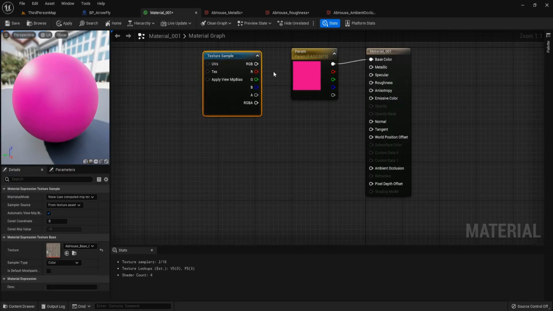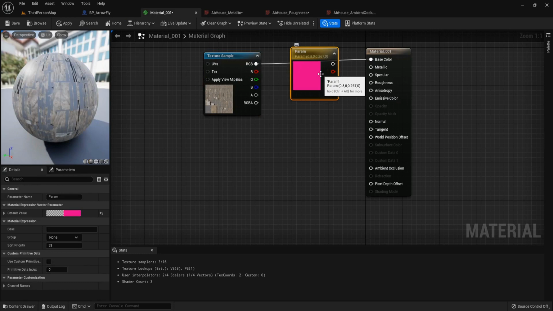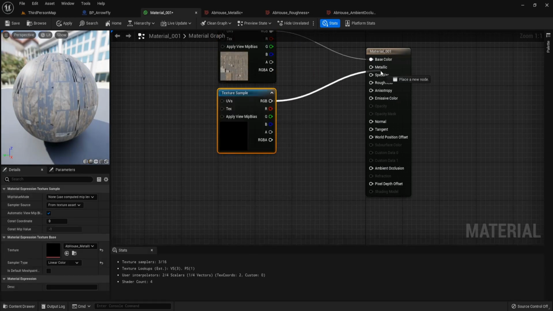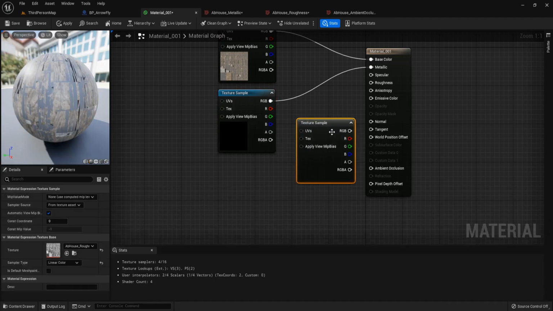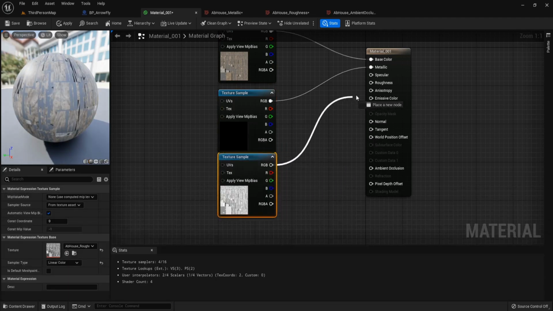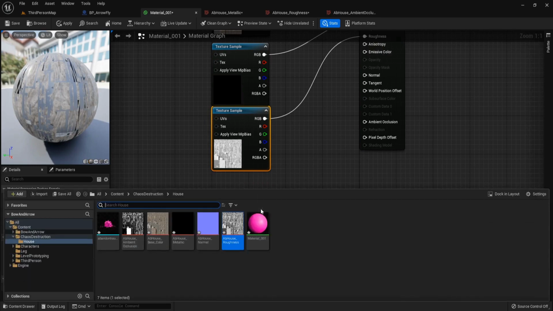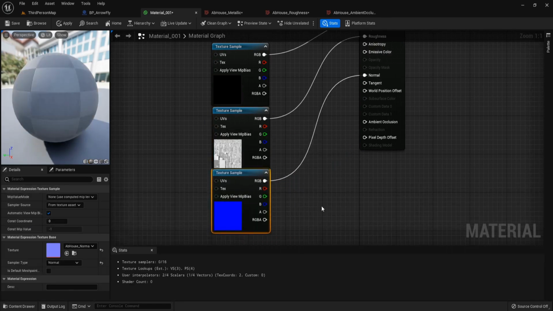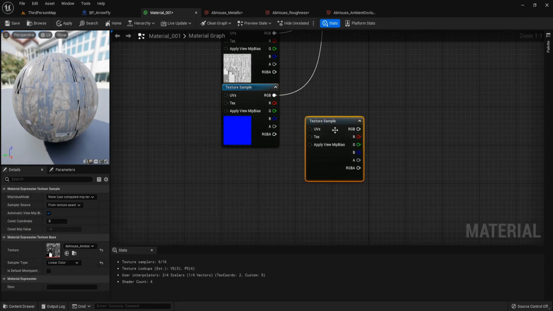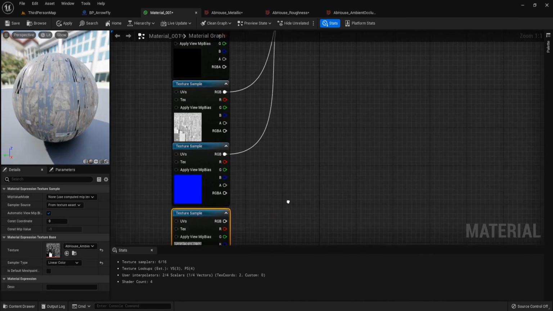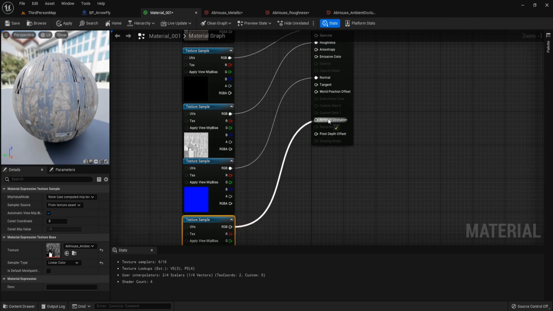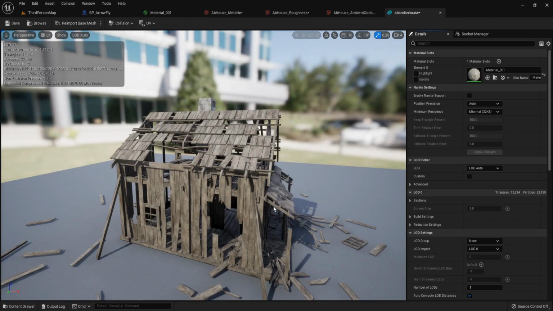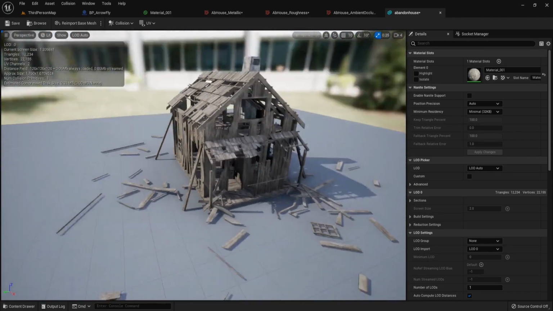Drag our base color to the base color, metallic, roughness, normal, and ambient occlusion. And then save it. And this is our 3D model.